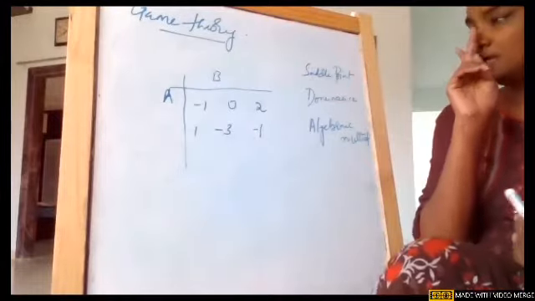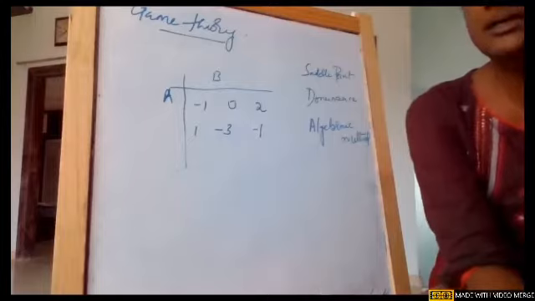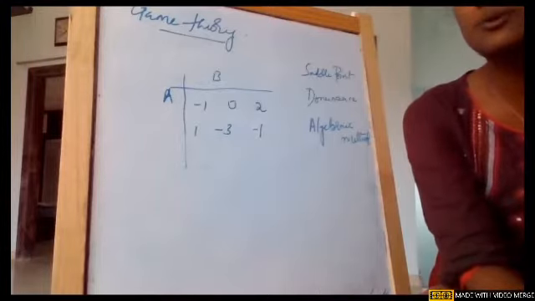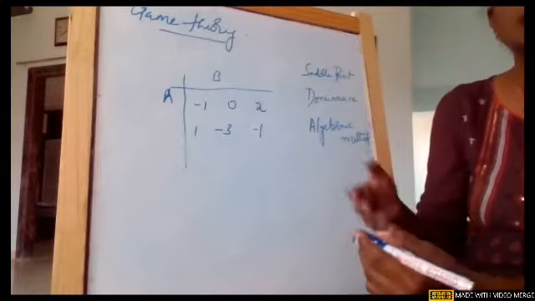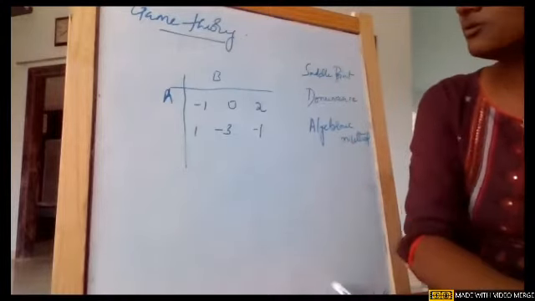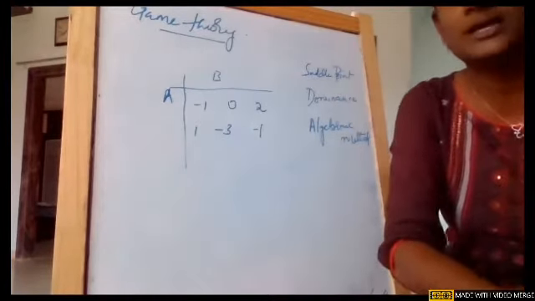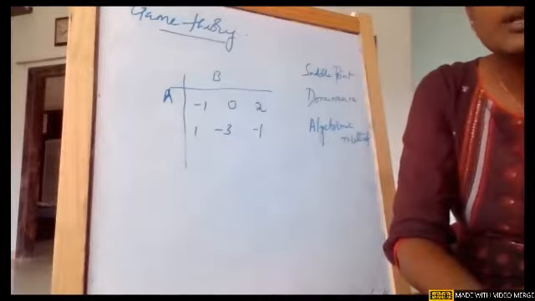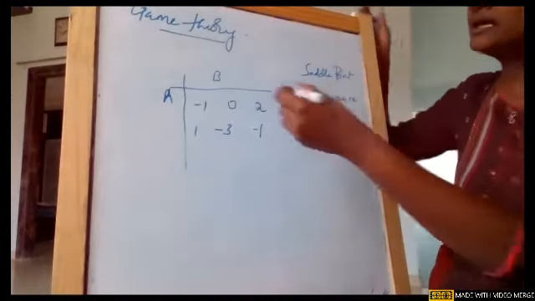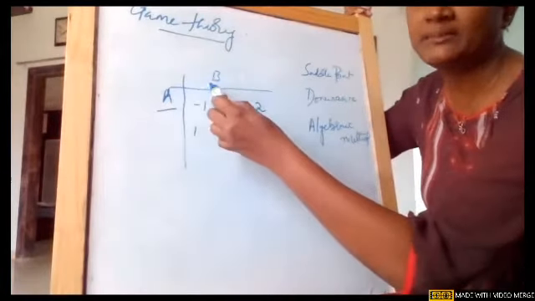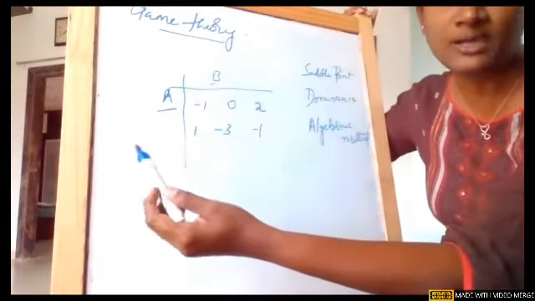Now, game theory is a simple concept, and this particular theory is applied generally in any kind of sports. What we see on TV, it might be football, it might be cricket, it might be a race, anything. In any game, we try to compare two players or two teams. In such a scenario, we name them player A or player B, or team A or team B. It depends upon what kind of game.